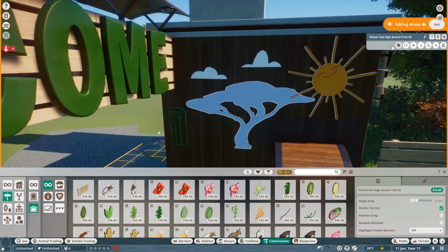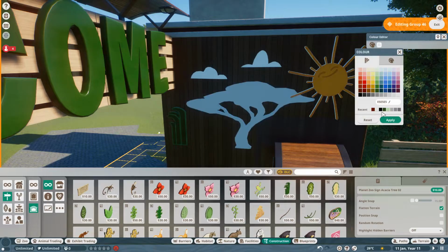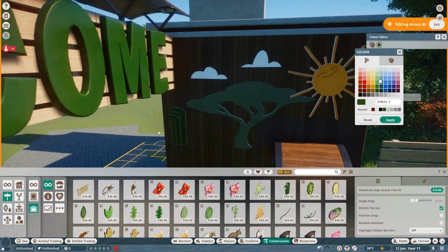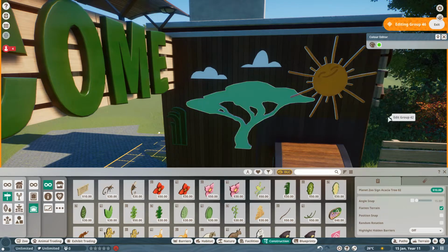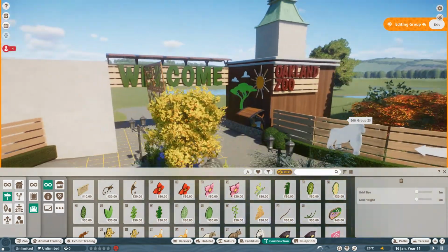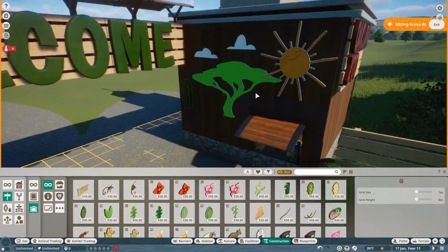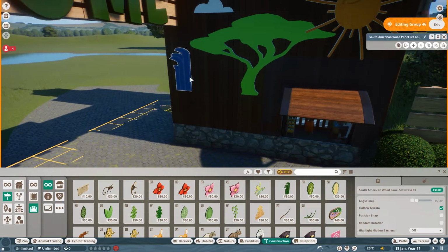See, the tree logically would be a green, although I think it needs to be a brighter green. Hang on, let's find a good green. A really, yeah, an in-your-face green like that, because it needs to show up. And then these,